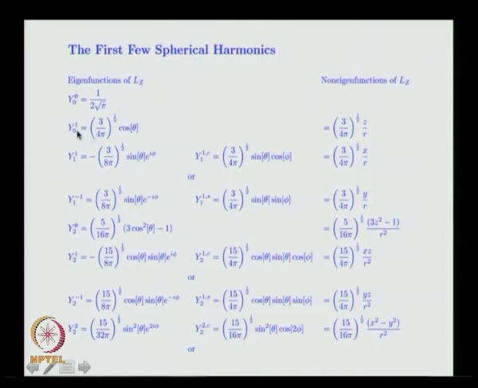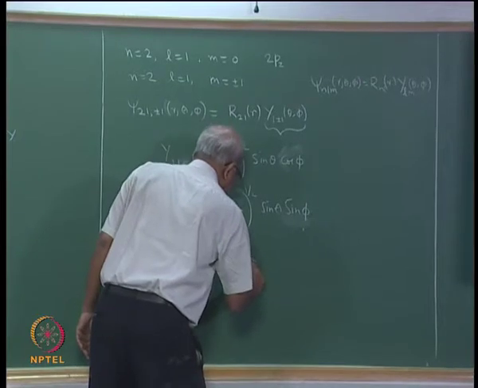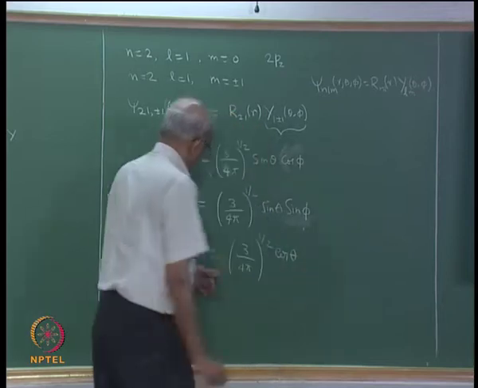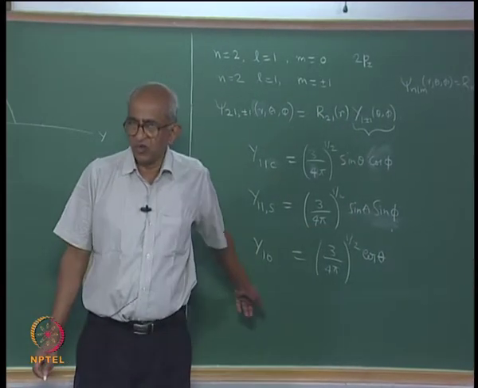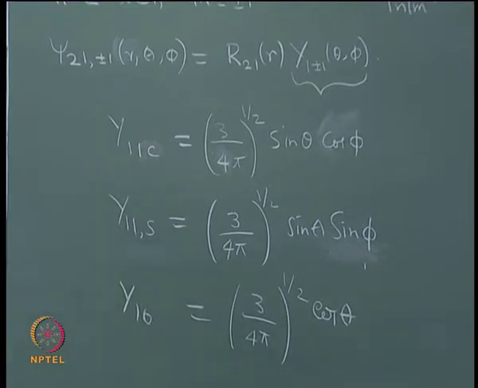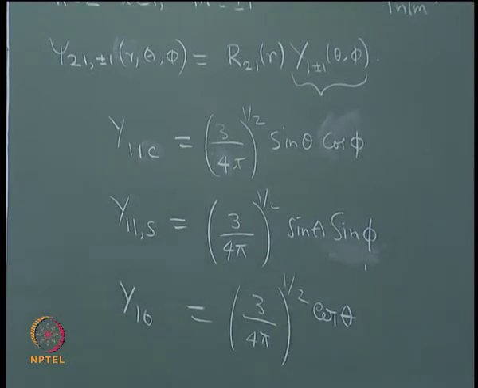So there is a small mistake here, this 1 should have been down here and 0 should have been up there, but it does not matter, we know what it is. So, therefore, square root of 3 by 4 pi into cos theta. This is the function for which we already have made the polar plot, and so we know exactly how the polar plot is.